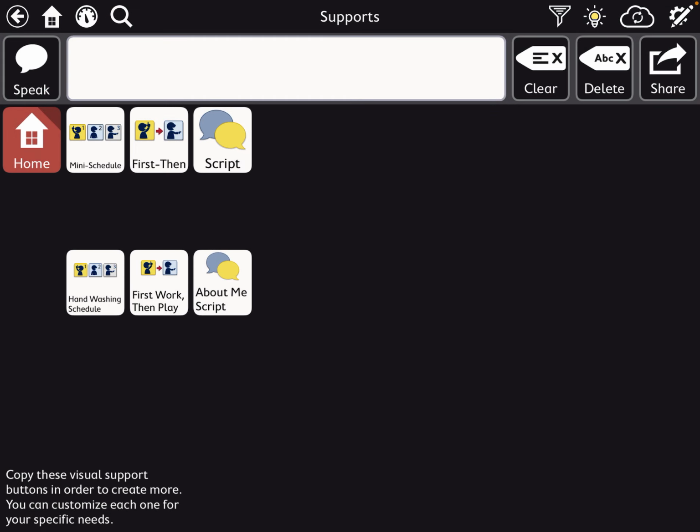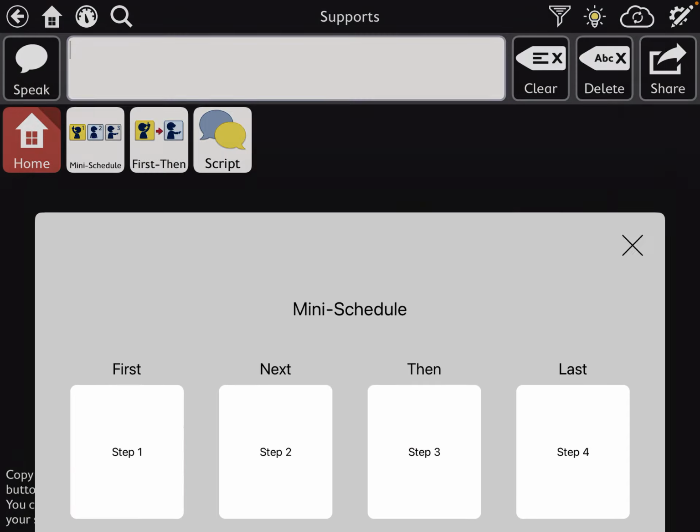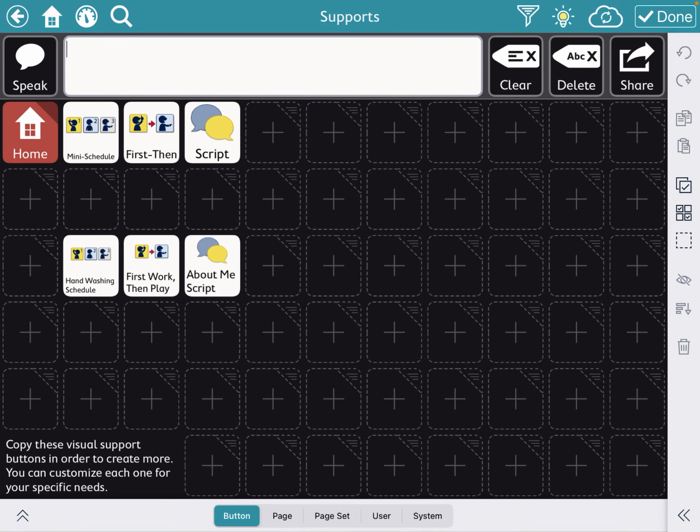That's the example. You can also make your own. So you can... First, step 1. So obviously I haven't embedded it yet. So to embed it, you do have to go to the little pencil with the gear behind it in the top right-hand corner. And when you click on the mini schedule,